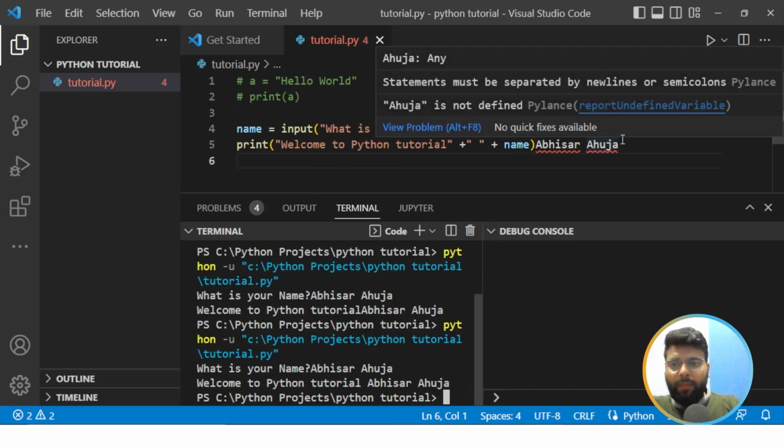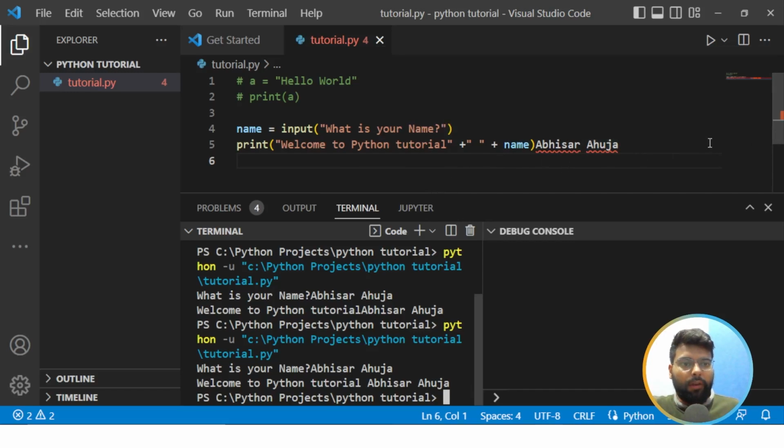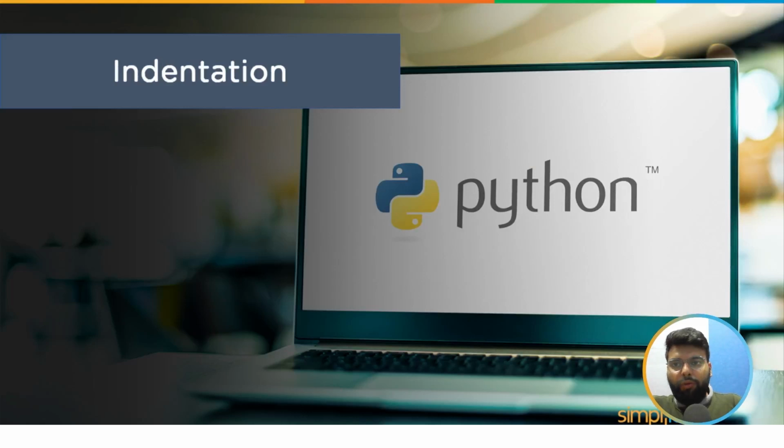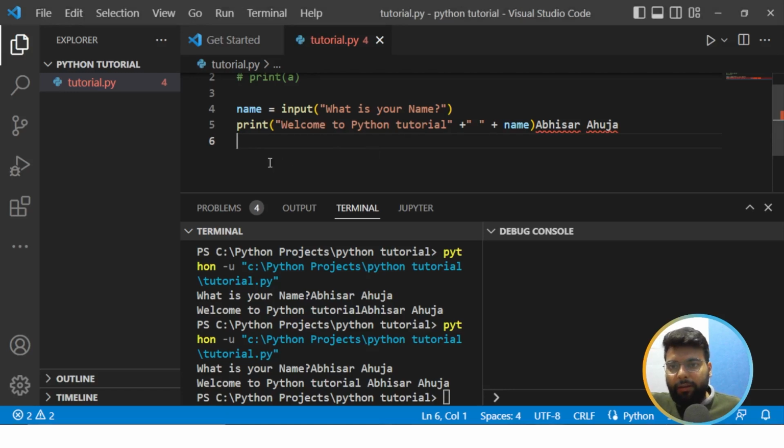So moving on, now we'll talk about some indentation part, like how we write code in Python. Talking about the indentation, in Python the indentation is of three types: the simple statement, empty statement, and the complex statements. If I let you see, this is the simple statement. It starts just from the left of the corner, and the empty statements, we don't have to do anything for that. For the complex statements, like the if else statements,